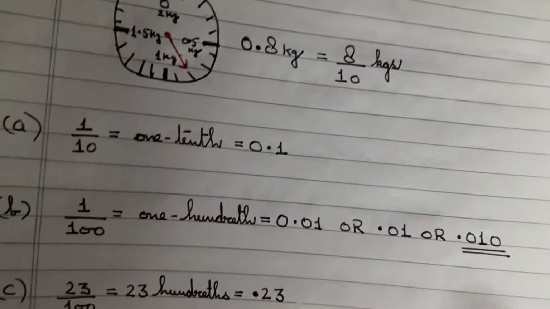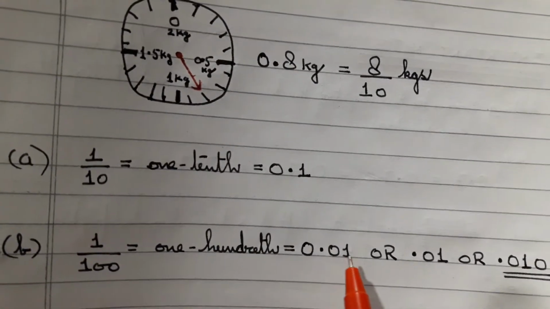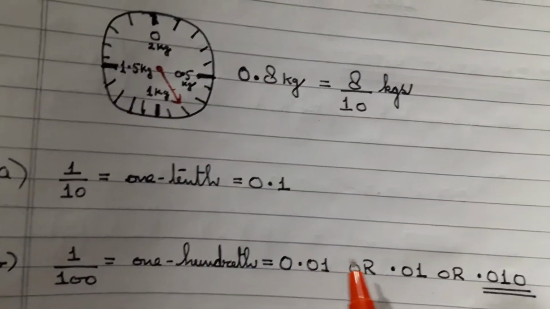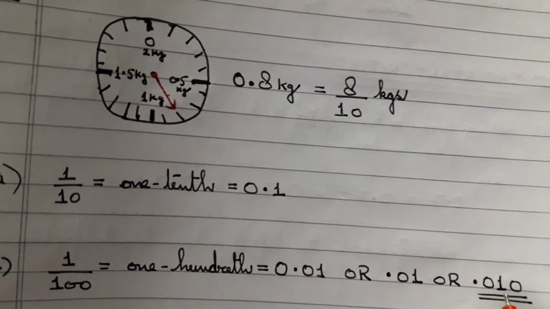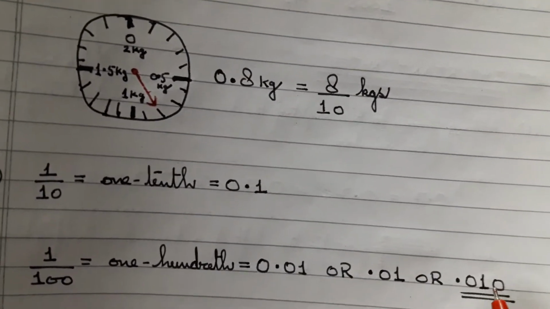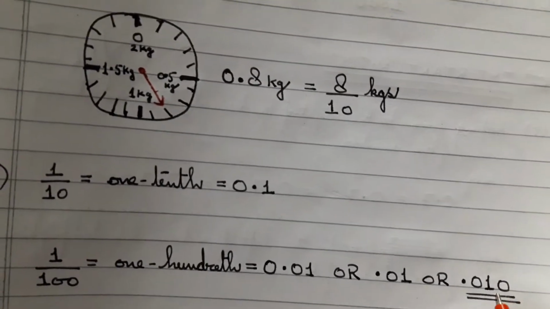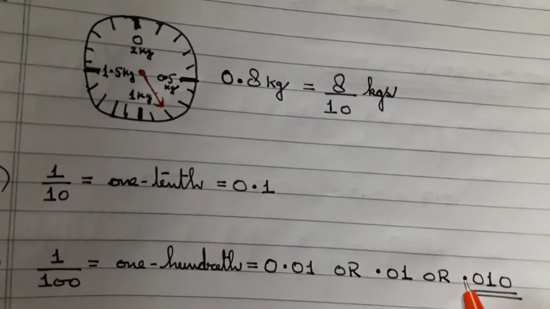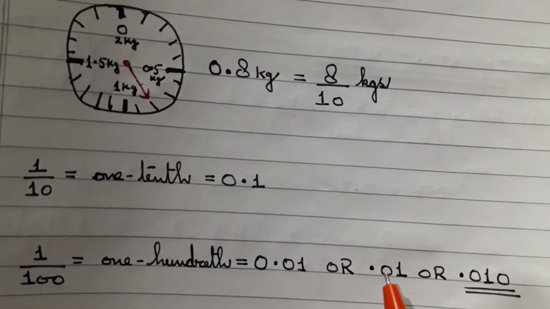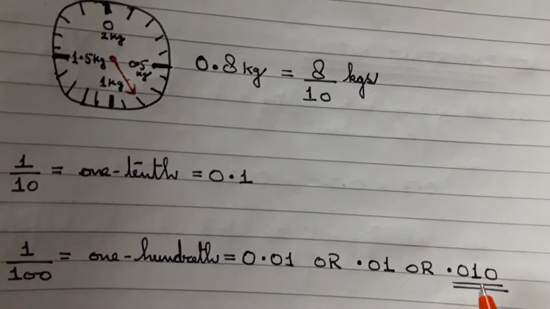Now in the decimal system, something which you have to remember, if we put a 0 right after the decimal point, towards the left of the number, it has a value. But the 0 after the number, see, 0.1 is the same as 0.10. This 0 is redundant, it has no value, right? So it's 0.01, right? You can write it either like this, or like this, or like this,